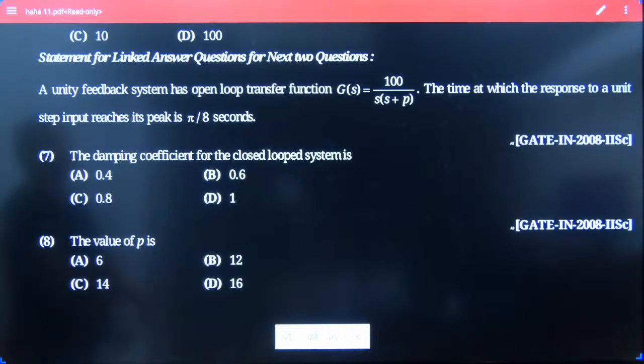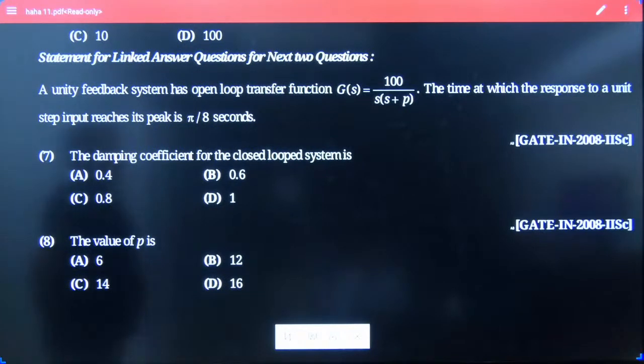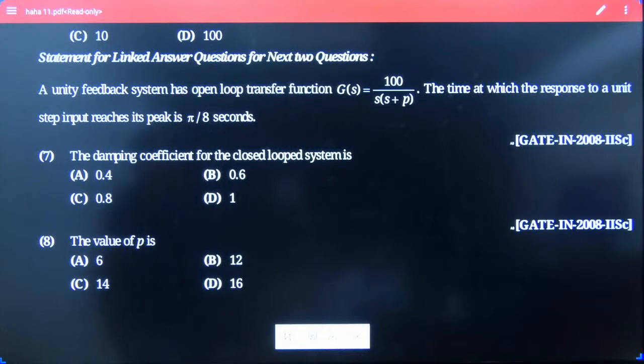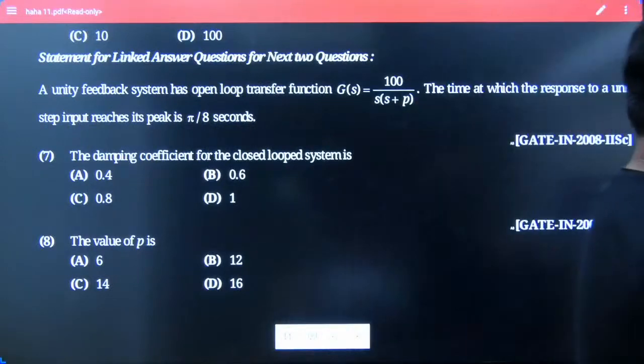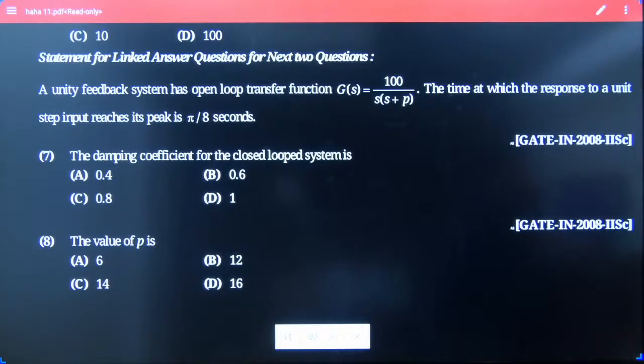Read this problem carefully and try to get its best answer. State space is comparatively easy, I would say. Nyquist, yeah, see, any of the topics within control systems is easy only. Root locus, those are the 3 different inputs I have received so far. I expect Nyquist because in comparison with state space as well as root locus, I think Nyquist is a bit difficult. I won't say difficult, a bit more conceptual, you can say. Anyways, tell me what would be the best answer for this given problem.